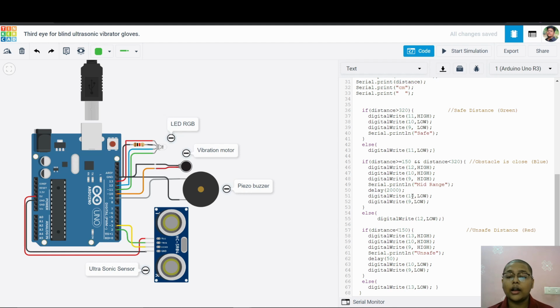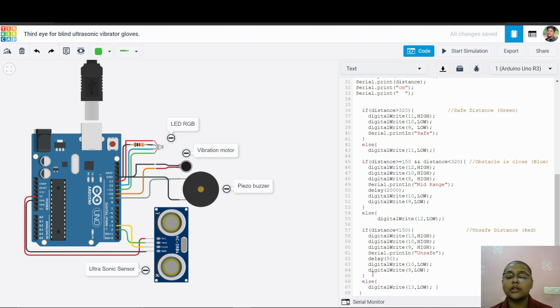If it is not the case, the last case will be if the distance is less than 150 centimeters. Then we will make the red light glow, and the vibration motor and piezo buzzer will start, and on the serial monitor it will print unsafe. We will take a delay of 50 milliseconds, and then we will make pin 10 and pin 9 low with digitalWrite.